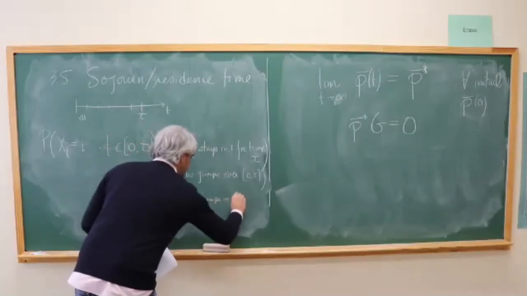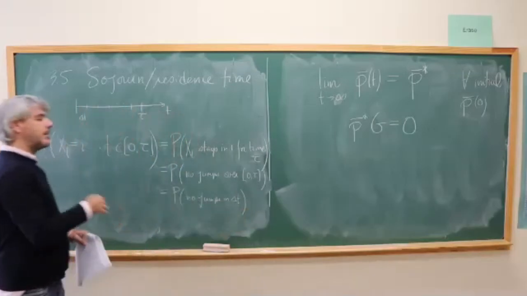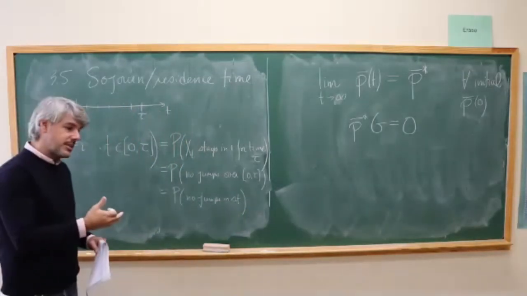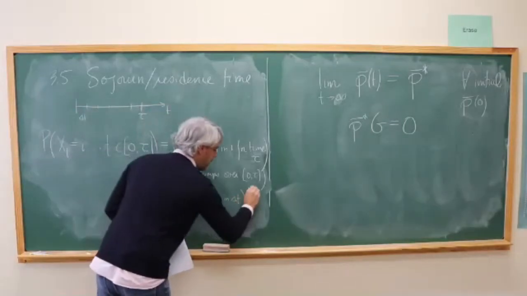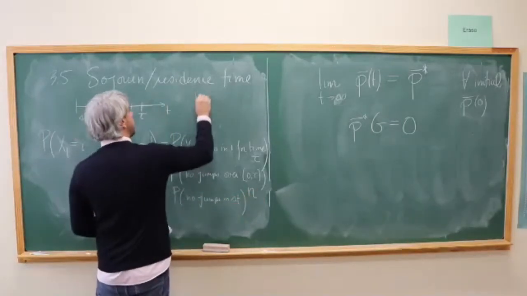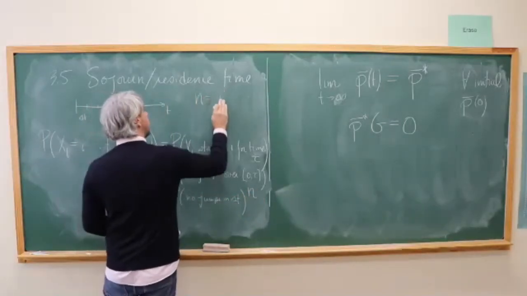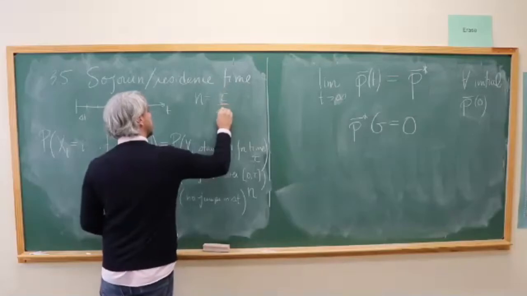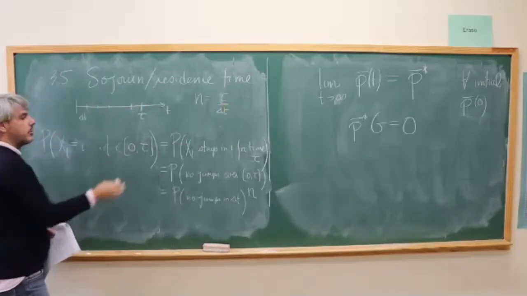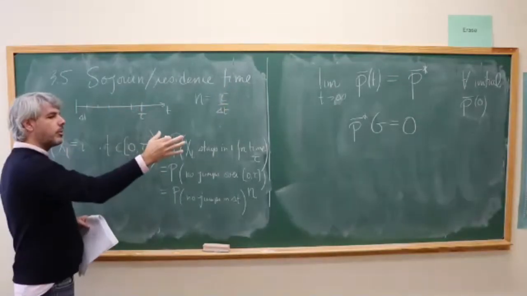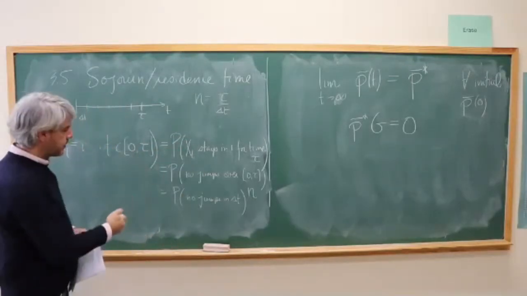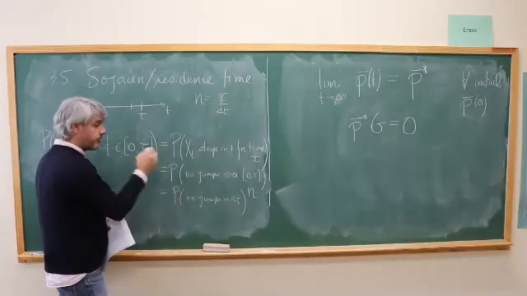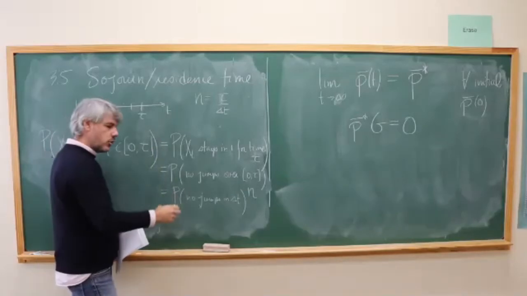in delta t, and then I multiply this idea that I have no jumps in delta t with the next delta t, and so I'm going to have this to the power n being tau over delta t. So I have n time intervals. I'm looking at having no jump over all the time interval. This will be the multiplication. This will be the product of having a probability of no jump in delta t, no jump in delta t,